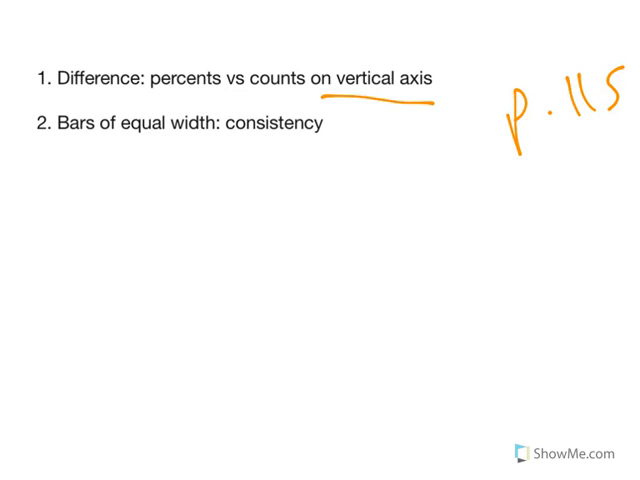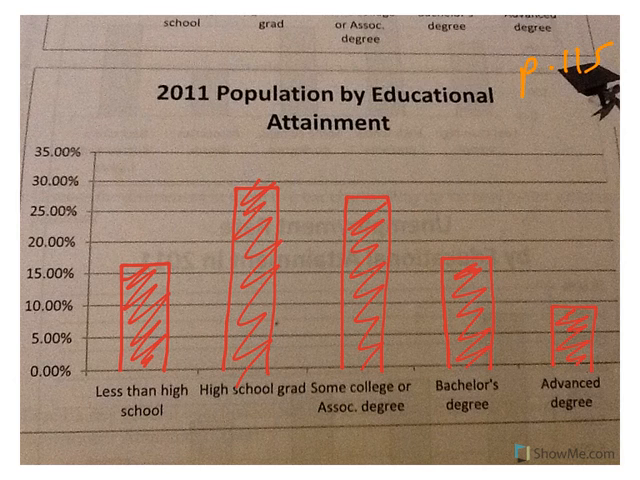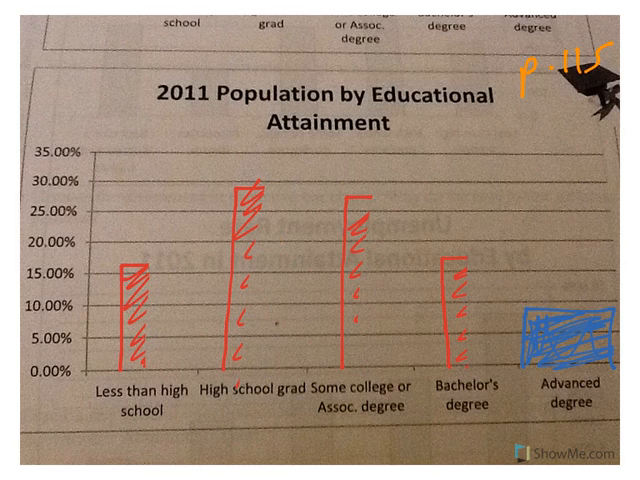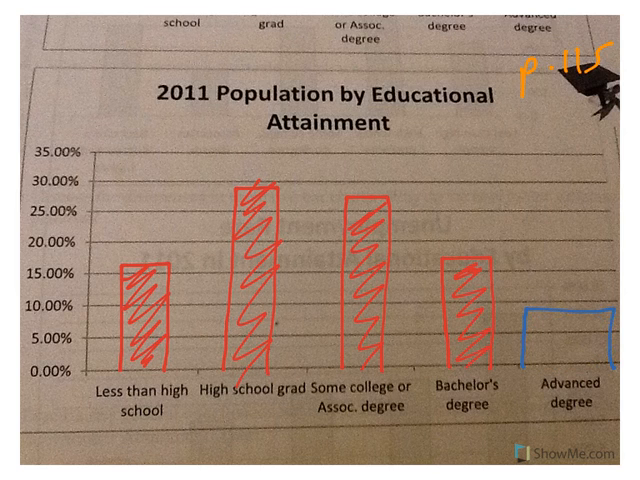And number 2, why use bars of equal width? Well, I want to go back to this and say, let's pretend that we made our advanced degree this big, right? And the rest of them we made this big, right? What does that show? Well, all of a sudden you're like, oh, advanced degree must be more important because it's bigger. When you're showing data, you want it all to be equal, right? You want to show consistency, so you want them to all be the same, which is why we have bars